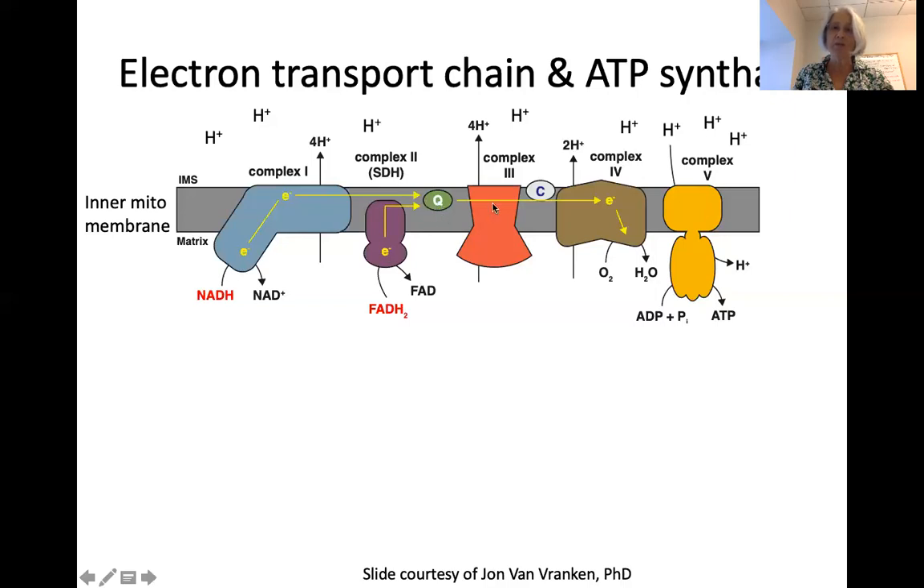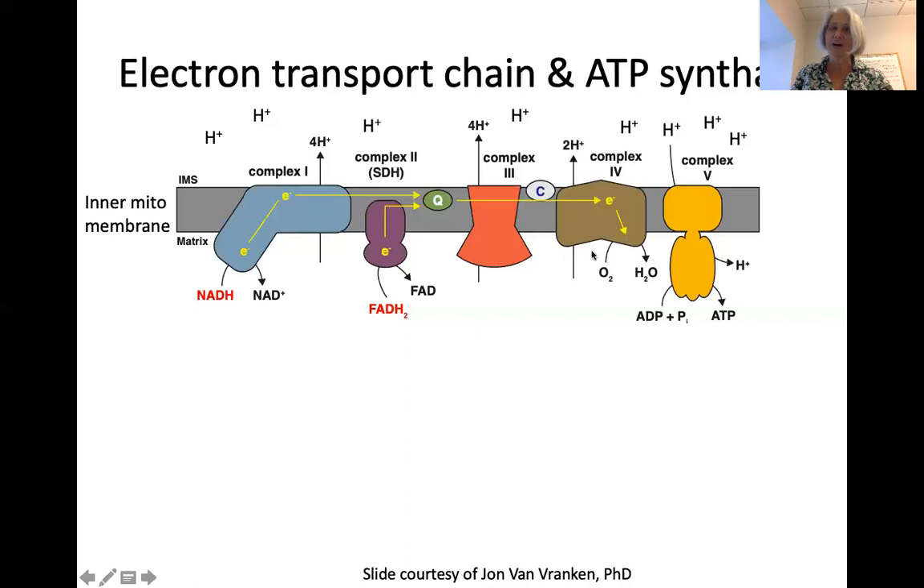Coenzyme Q gives those electrons to complex 3 that uses the energy from those electrons to pump 4 more protons into the inner membrane space. Complex 3 gives those electrons to cytochrome C, a small protein that donates those electrons now to the terminal complex in the electron transport chain, which is complex 4, which pumps some protons, and those electrons and hydrogens are